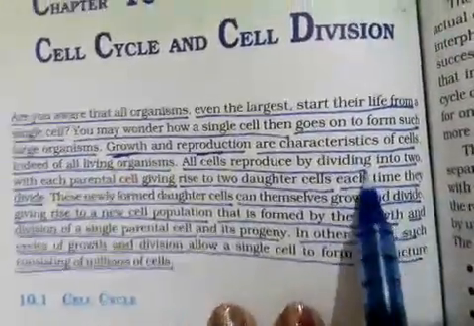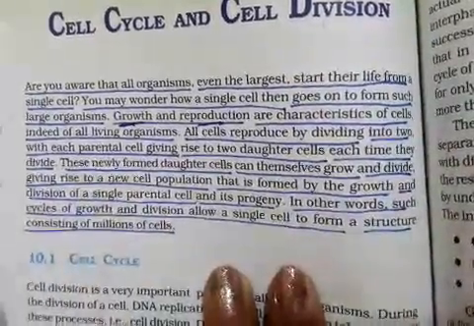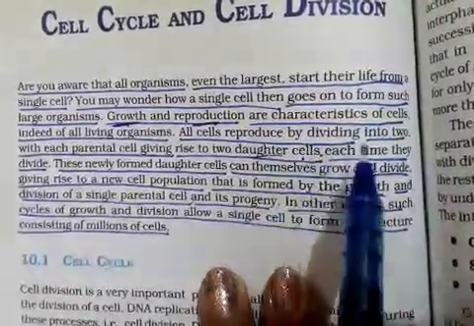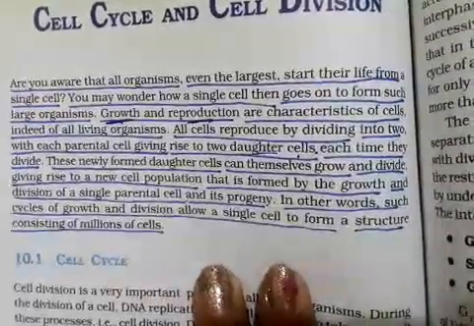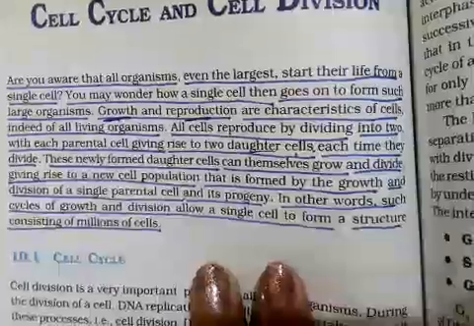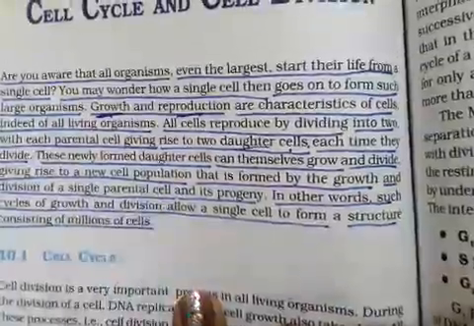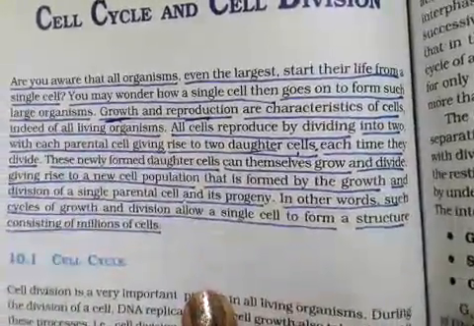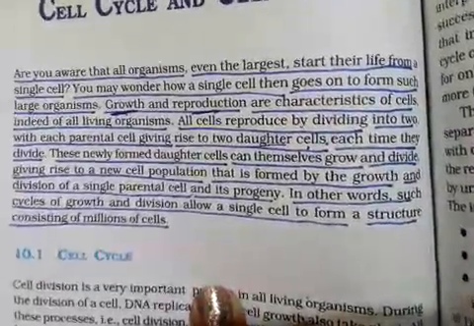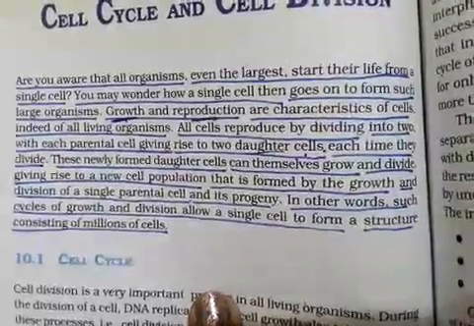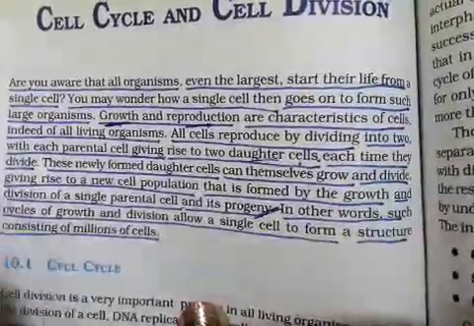So all the cells, when they divide, result in formation of two cells. Each parent cell divides and results in formation of two daughter cells. In this way, from one cell two cells are formed, hence the number of cells increases. To ensure the population size, the important thing is to increase the number of cells. The newly formed daughter cells will again grow, there will be increase in size, and with the increase in size, there will be increase in genetic material, which leads to division of the new cell. In this way, from a single parent a progeny of cells starts to divide and grow.